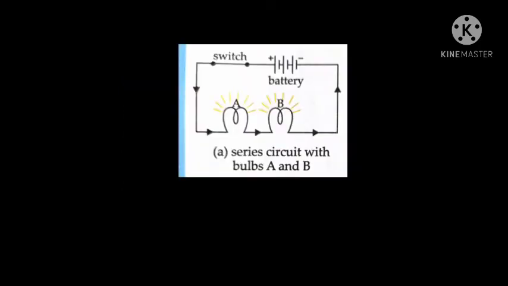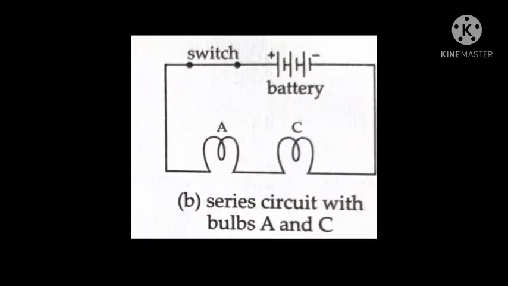So here in this figure you can see that there are two bulbs A and B. So we have connected both the bulbs, A and B, with the battery. Then we switched on. We observed that both the bulbs are glowing, right? So both the bulbs are connected in series. Now what we do, we replace the bulb B by the bulb C. This bulb C is the fused bulb. So when we switch on,